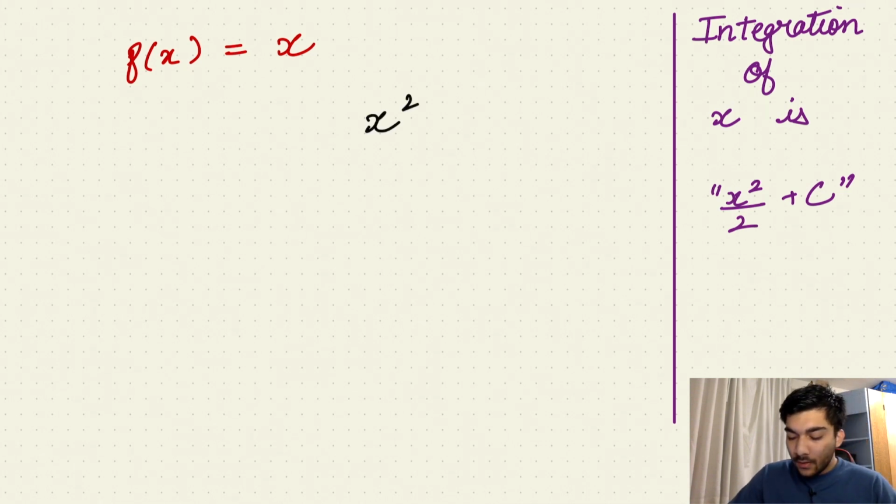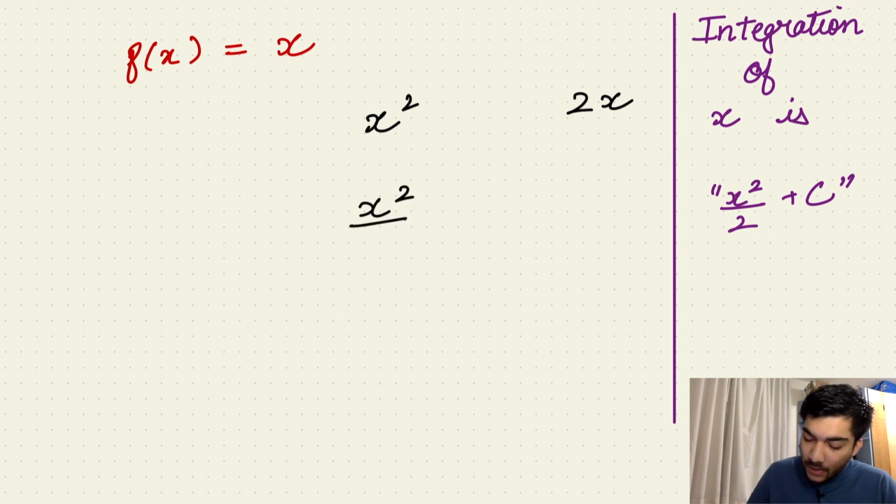But what happens if I differentiate x square? If I differentiate x square, I get 2x as the answer, but I don't want 2x, I want x. So now I have realized that my guess is going in the right direction, but I just have to play with some constants in order to get my final answer. So I realized that x square gives me 2x, but if I differentiate x square by 2, it will give me x at the end. So x square by 2 appears to be the correct guess that I'll get after integrating x,